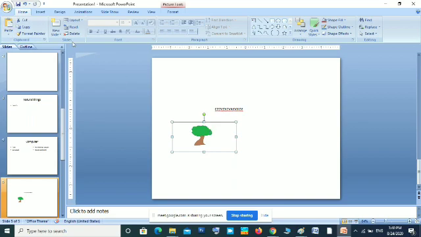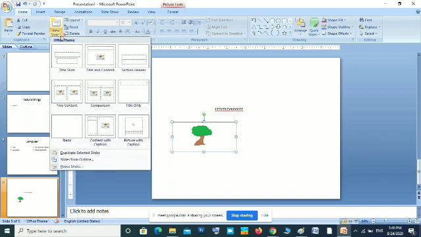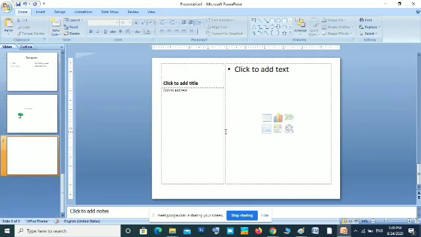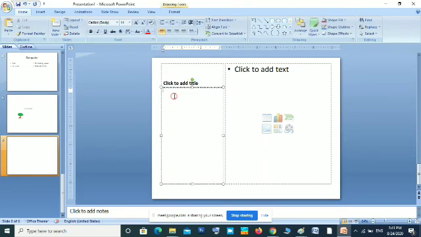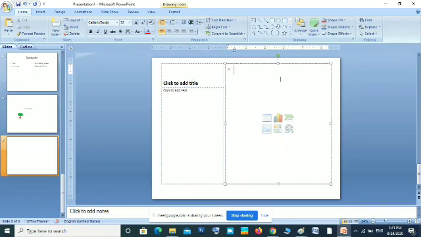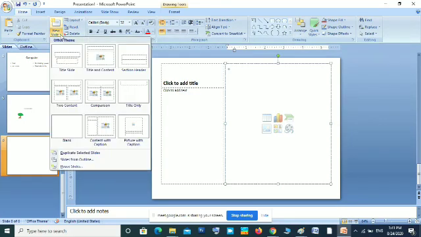Okay, if the other layouts are not sufficient for you, you can insert the Blank layout and you can make your own layout. The next one is Content with Caption. Here you can add the title, then you can add the contents of that title, and here you can give details about the contents. So this is another layout. What you want to insert, you have to decide. According to that, you have to select the layout.